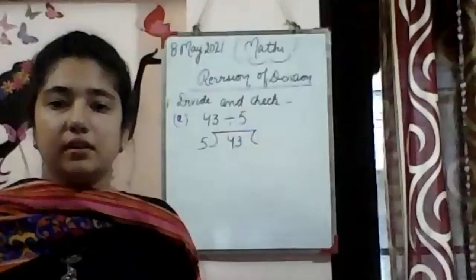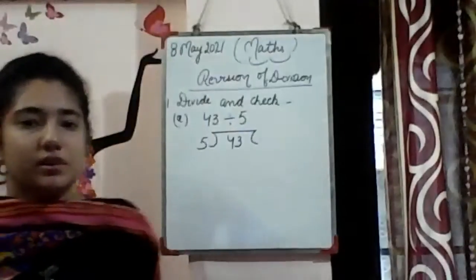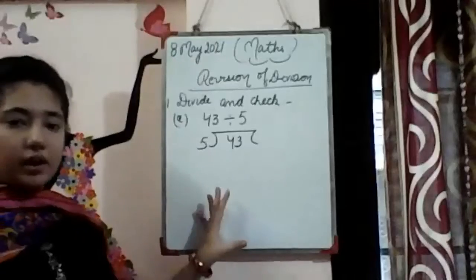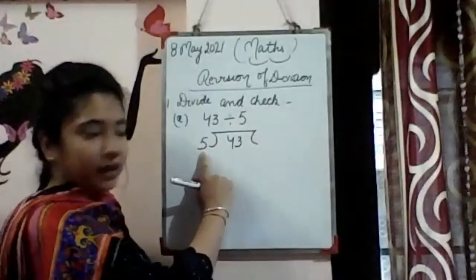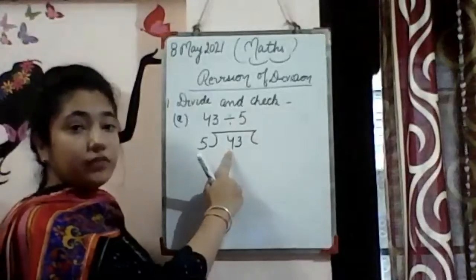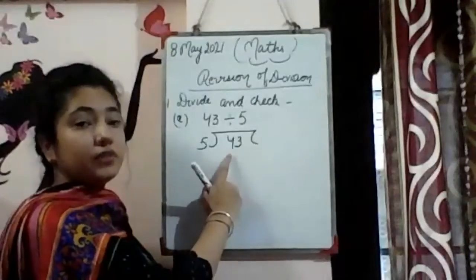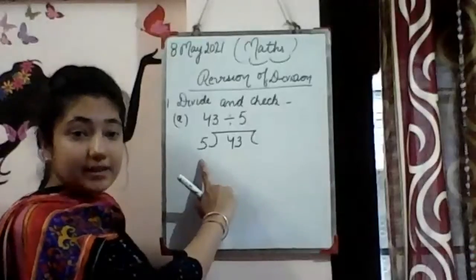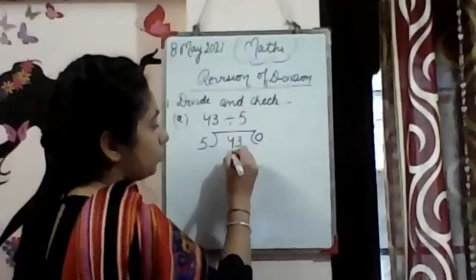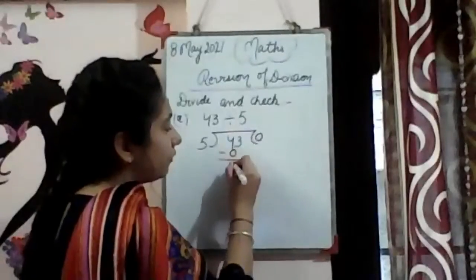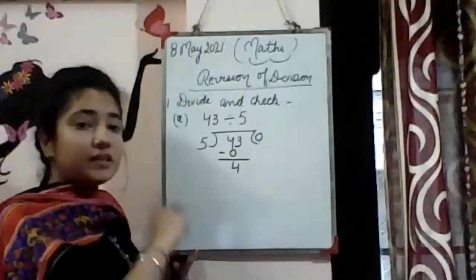Angel has written. Okay, so I am also doing this sum side by side. You can also see, right? So firstly, we will start doing our division part. So we need to recall the table of 5. Okay, so as you can see, the first digit is 4 and 4 is smaller than 5. When the first digit is smaller than our divisor, then what we need to do is 5 zeros are 0. So we will put a 0 here, and 4 minus 0 is 4. Right? Because 4 is smaller than 5.